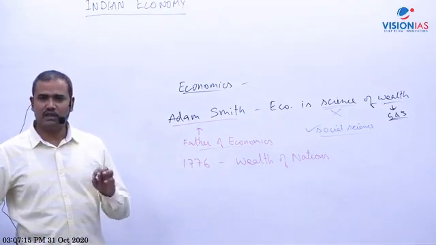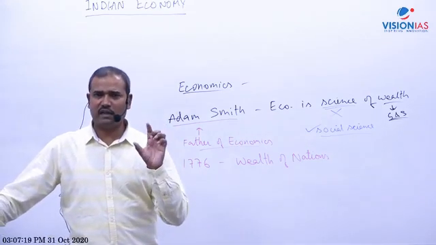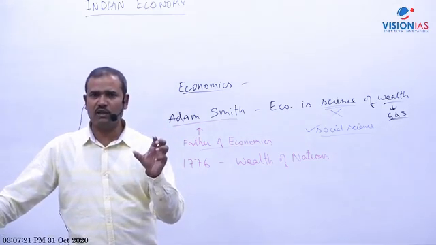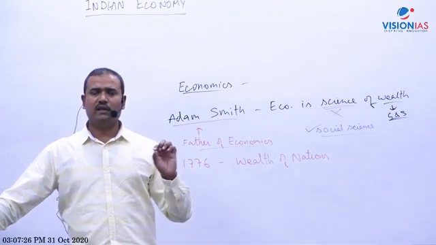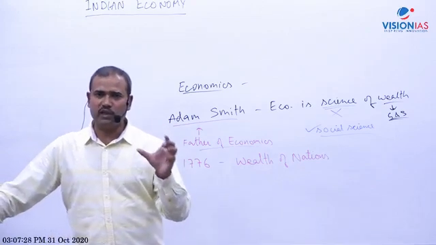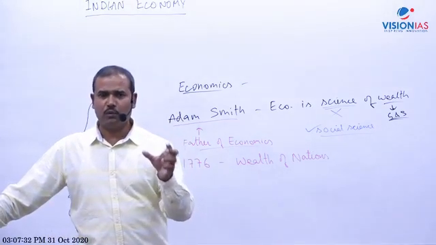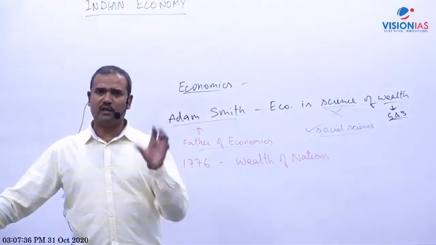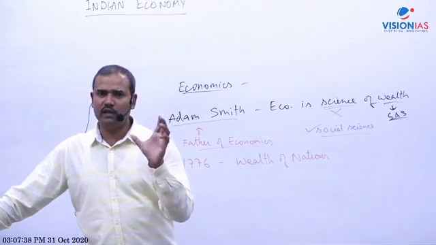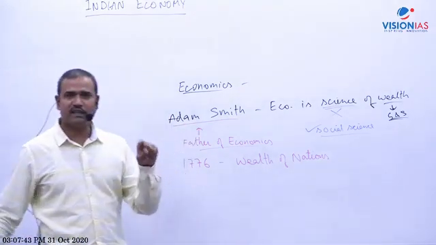But remember one thing: at that time, economics was not a subject. The name of the book was Arthashastra, but its subject matter was not the economy as such. It should be clear that the subject matter of Arthashastra was actually polity and statecraft. It deals with some economic policy also, but mainly it was on polity. So Arthashastra was not an economics subject at that time.